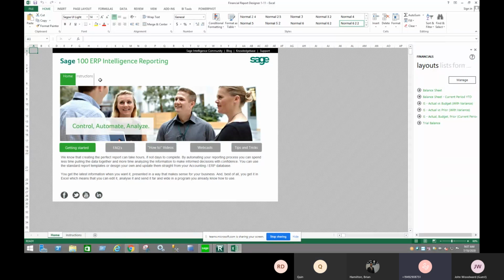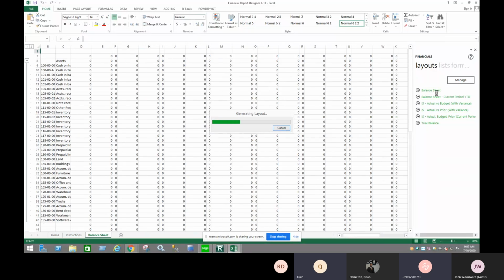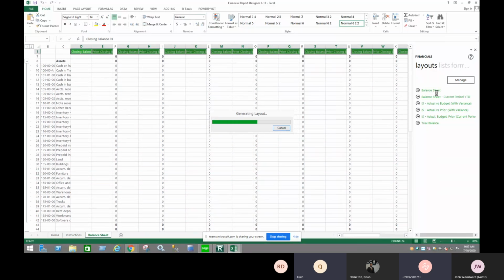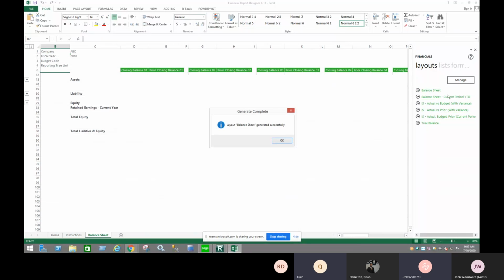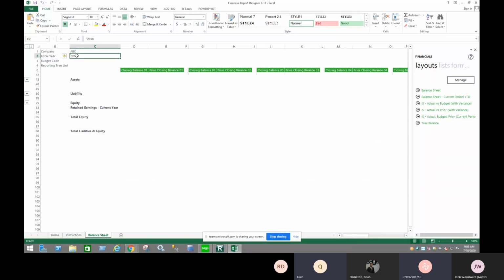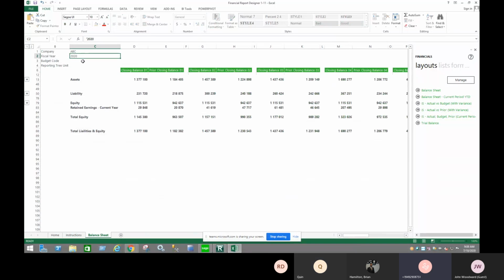Now, in this case, what you'll notice is when I launch this, there's different things. I have a BI tools add-in. The same options are available, I just tend to gravitate to the task pane because it's sitting here on top. So if I want a balance sheet, I click the layout and it's going to generate that layout for me. And what's nice here, it's Excel, but Excel has been connected to Sage 100 through an ODBC data connection. No data now, but as soon as I override the year to reflect where my demo data is,